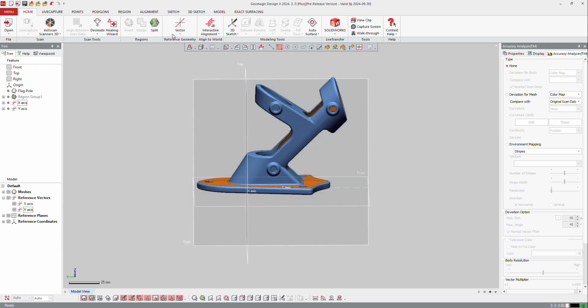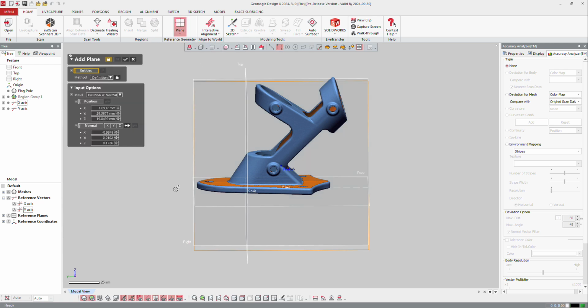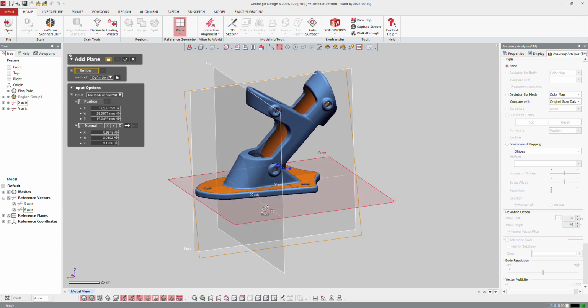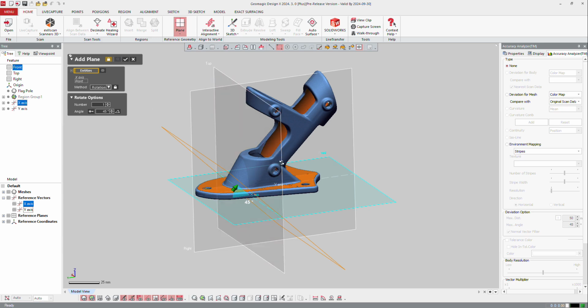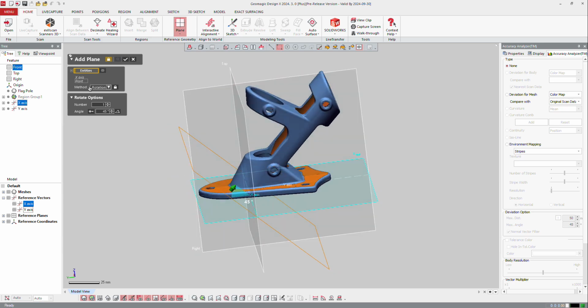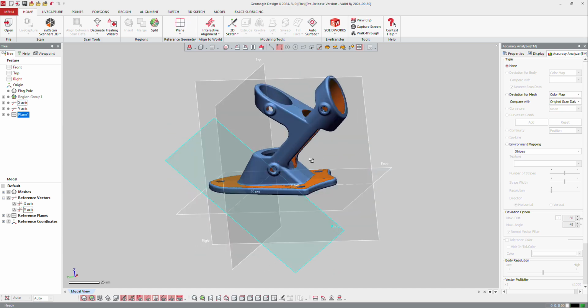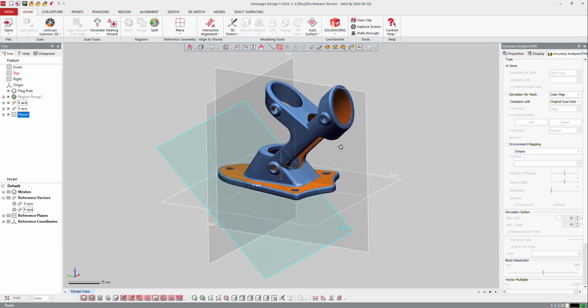So let's create now a plane. I'm going to use that axis of x and control that plane here over there. Automatically, the software switched to rotation. One plane. I can create now my